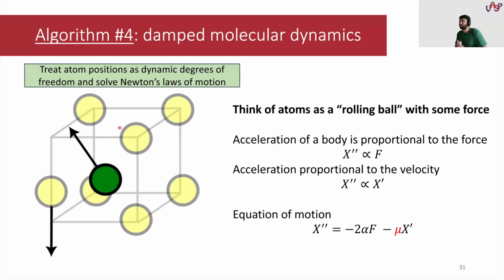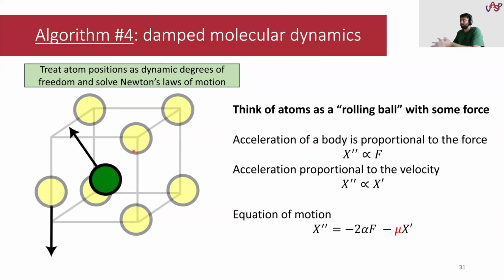Great, cool. So we've traversed quite a few algorithms now. We have steepest descent, we have DIIS, conjugate gradient. Now let's move over to perhaps the algorithm which is the simplest of the lot, maybe barring steepest descent, which is damped molecular dynamics. This is really simple to understand. It's like if you have